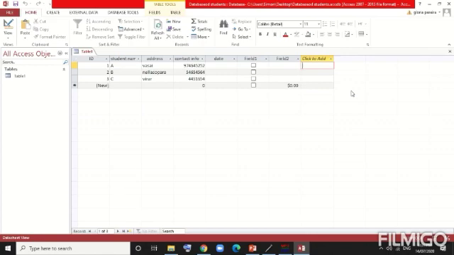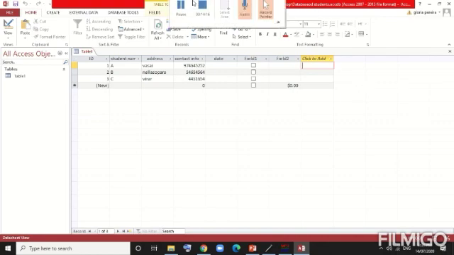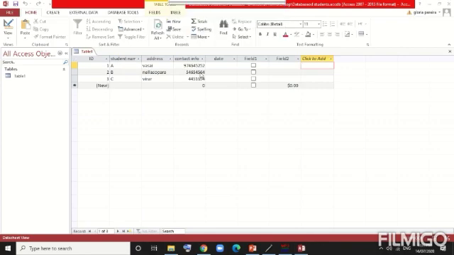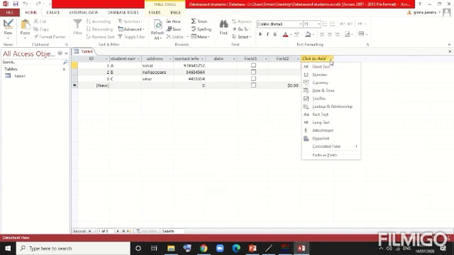Attachment, it is used to attach a file or a record in the same way you attach a file in the email message. Calculated, it is used to store the result of the calculation based on the other fields in the same table. So as we know, we can have different data types according to the requirement. We just have to select the data type in this particular format.